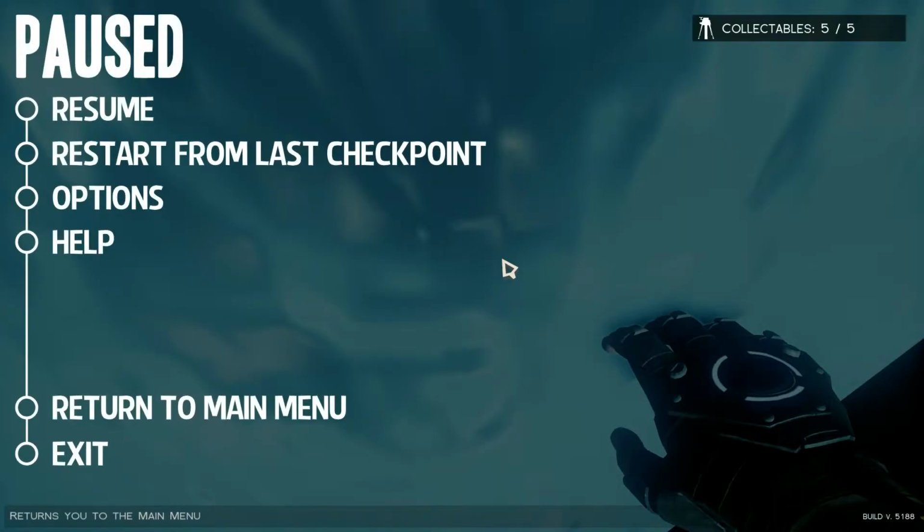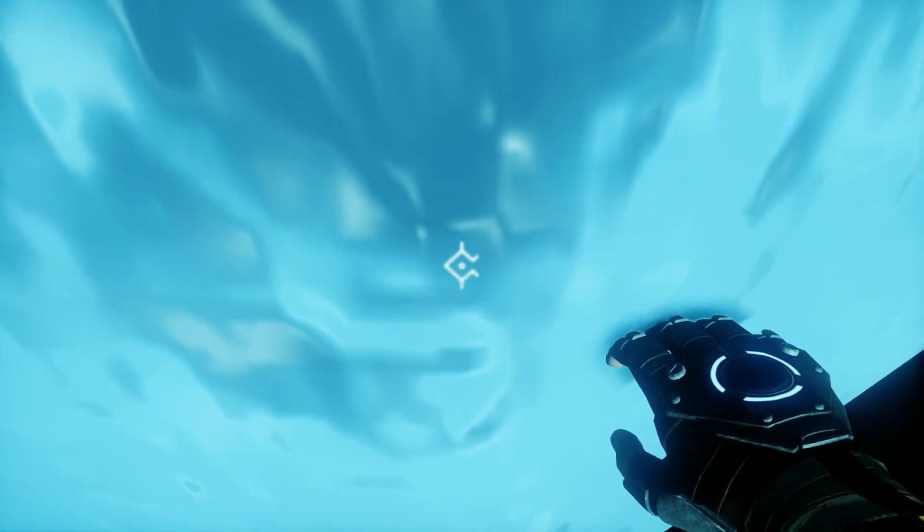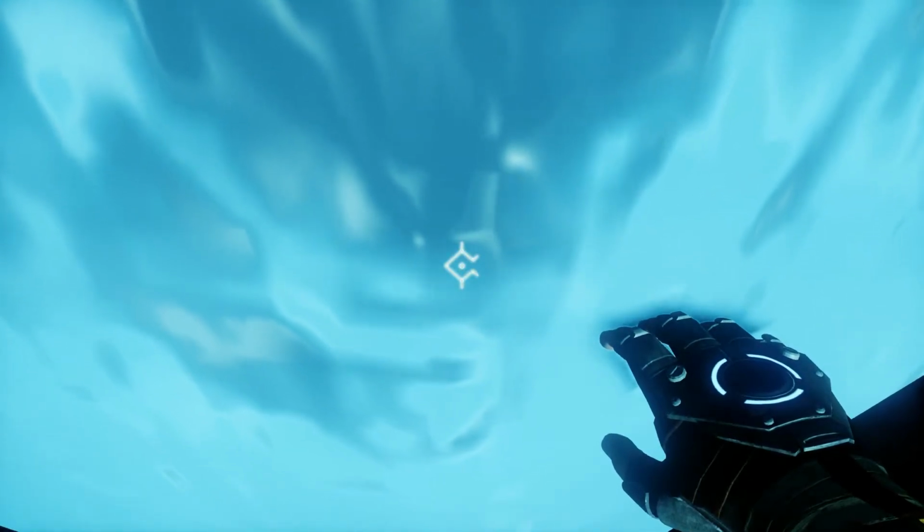So if we go back, right here there's almost like a square or a rectangle. There's a four-sided shape right there, and this is the target that you want to be aiming at. So you get your target right in the middle, well, sort of, not really in the middle, but